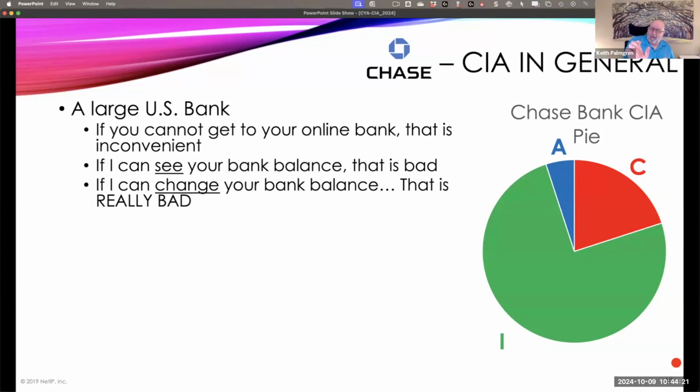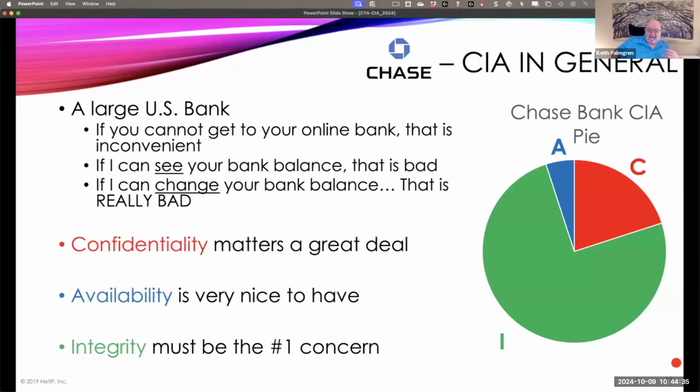If I can see your bank account balance, okay, that's bad. But when I can change your bank account balance inappropriately, that's a big issue. And that's an integrity issue. And therefore, for online banking, integrity is the number one concern. Confidentiality takes a significant chunk of the pie too. Availability, it's kind of an also-ran. It is there, but it's not their biggest concern by any measure. Okay. But let's understand how your online bank protects that integrity.